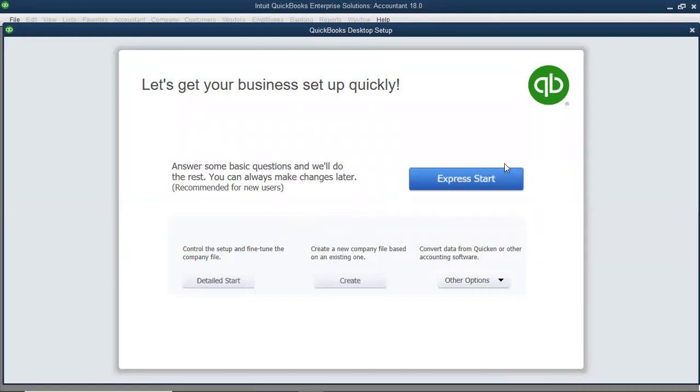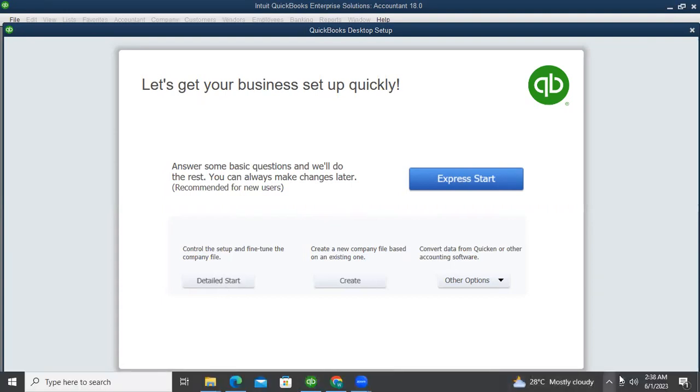I was saying that there are two methods, Express Start and Detail Start. The difference between the two is that the Detail Start is a long process. It's also known as the Easy Steps. Then we click on